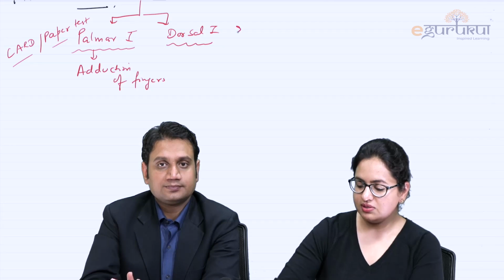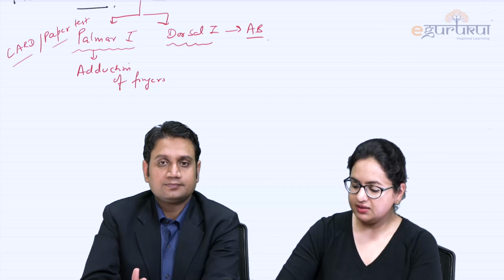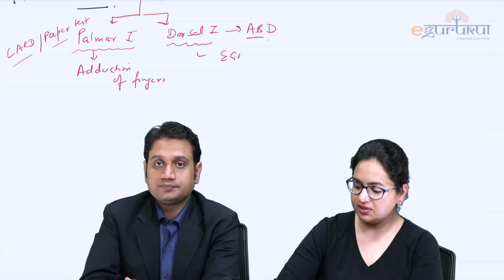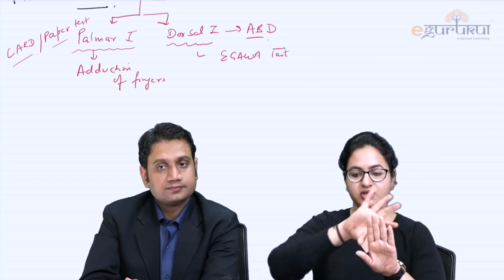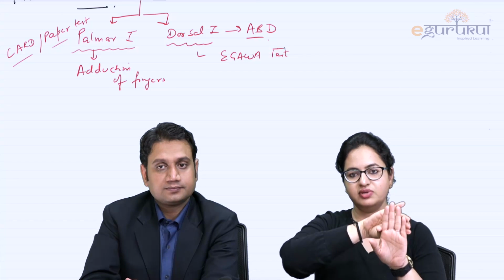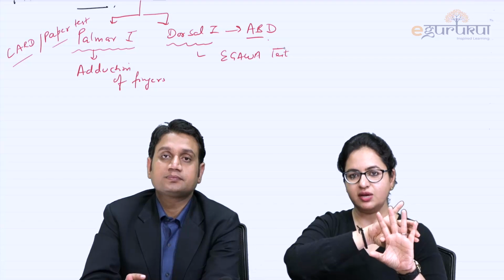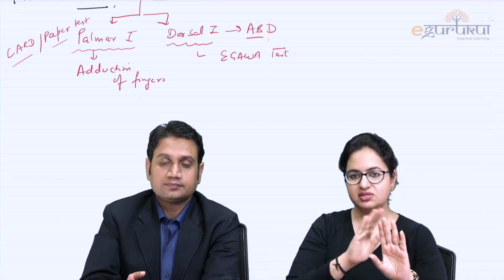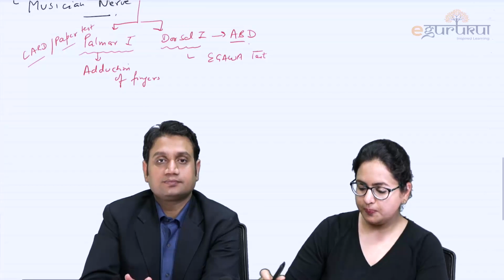Now when we talk about the dorsal interossei, it is responsible for abduction of the fingers. And in this, again, we utilize this in a test, and the test which is used for this is the Igawa test. We ask the patient, we put pressure on the outside of the fingers of the patient and we ask the patient to open up the fingers. Now, when he is trying to open up the fingers, this is the abduction which is performed by the dorsal interossei. If he is able to do this, that means the muscles are okay. And if he is not able to do this movement, again, the ulnar nerve injury is there.